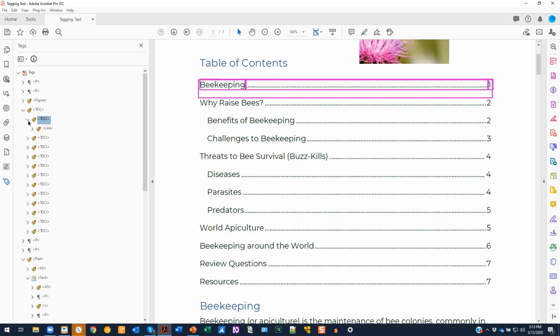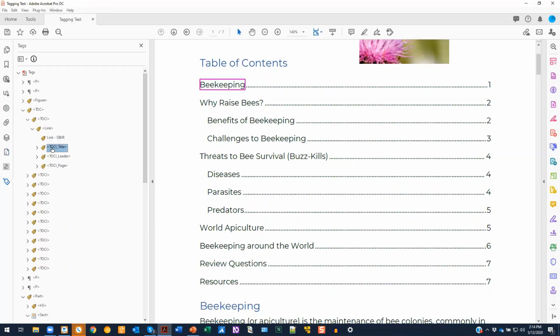Also, and I'm not going to open up every single table of content item, but when I open up the first one, I see a link tag inside, but seeing as this is a link to an internal location somewhere else in this document, really there should be a reference tag first. Then we have our link tag. The object reference is there. That's the annotation. That's the clickable part to take me to the correct page. And then we have TOCI title, which in this case is the word beekeeping, and then TOCI leader and all of the dots, right? So depending on what screen reader you're using and how it handles this tag and so on and so forth, the screen reader user could literally get beekeeping,